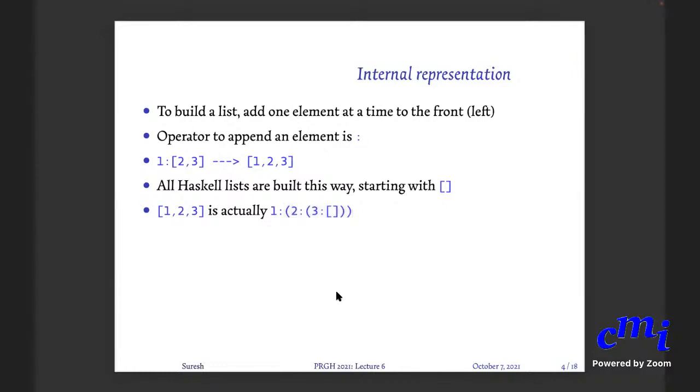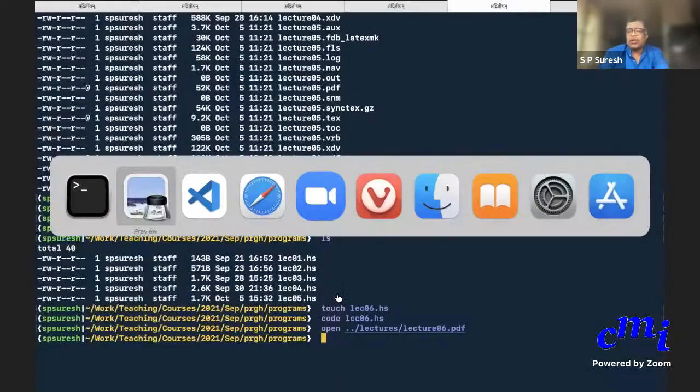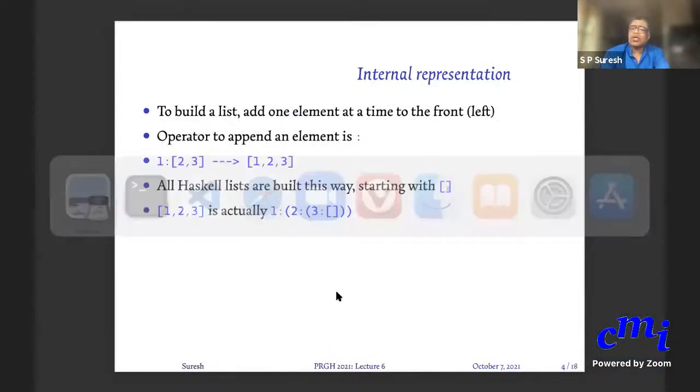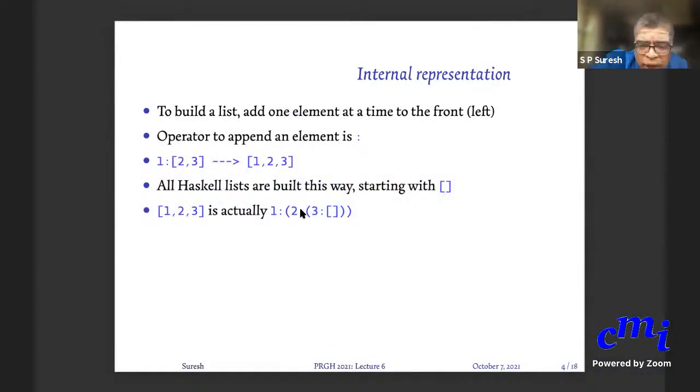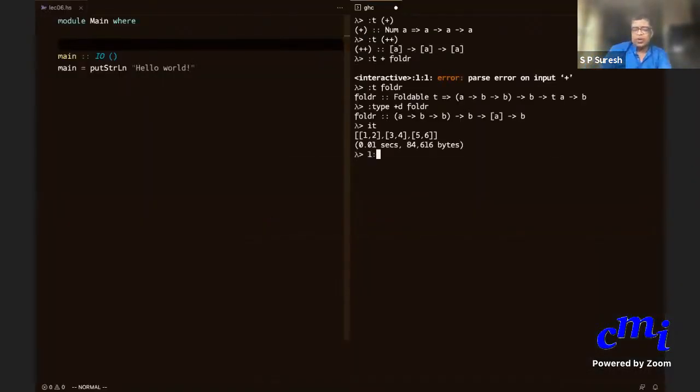Is the colon basically a binary function, like div, mod, or plus? Yes, it is a binary function. So if you want to check the type of the colon, you can, but you have to give it inside parentheses, because colon is an operator. It's an operator that sits in between, with an argument to the left and an argument to the right. So if you want to apply it in function form, you can, and the way you do it is this.